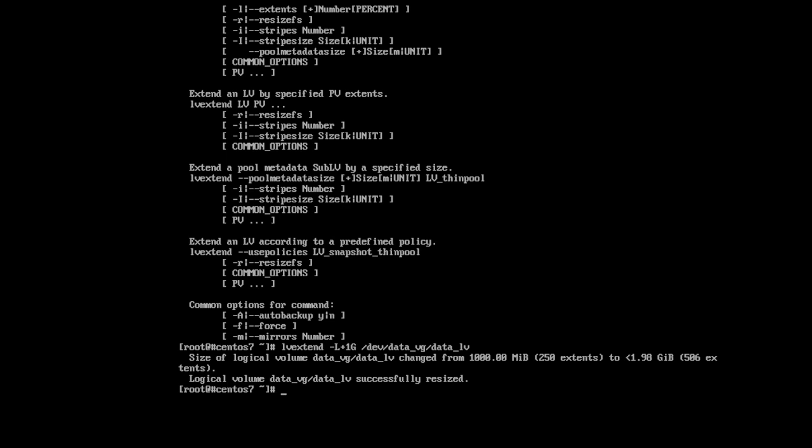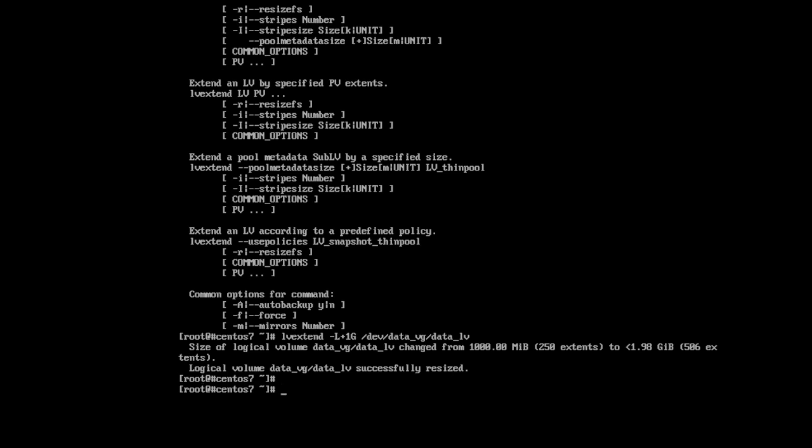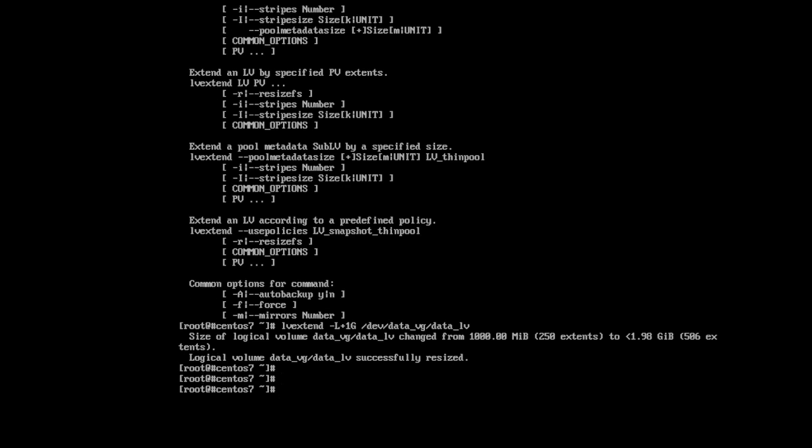It shows that data lv was successfully resized, and then the last thing we have to do is